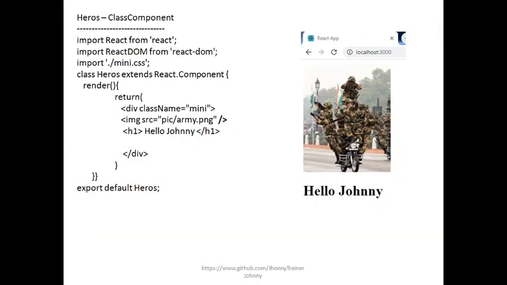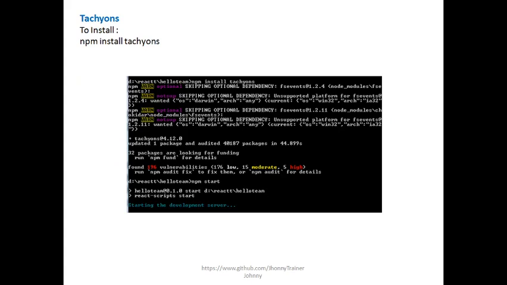Next we have displayed an image, a small image, and we have used a class name mini. I have used some m.css. Again we got an error here. We should always remember the class name and the import file name also. Next we have done installing Tachyons, which is a CSS framework. We can use Material, Bootstrap, or any of the frameworks which you are aware of.